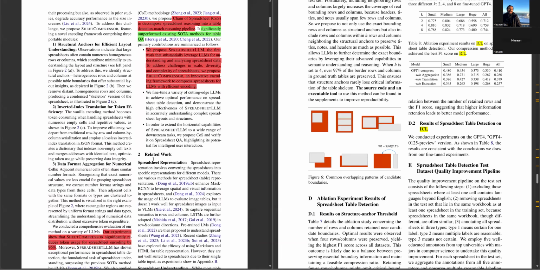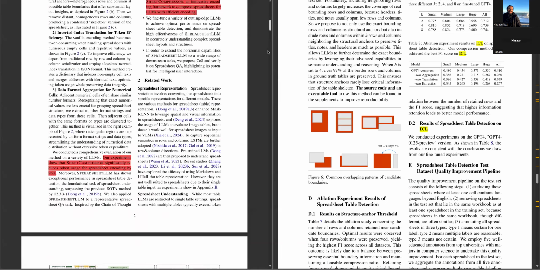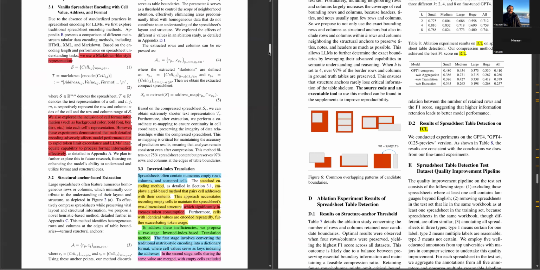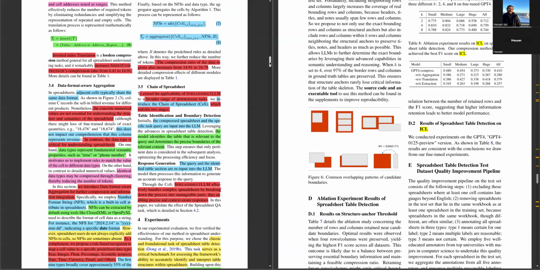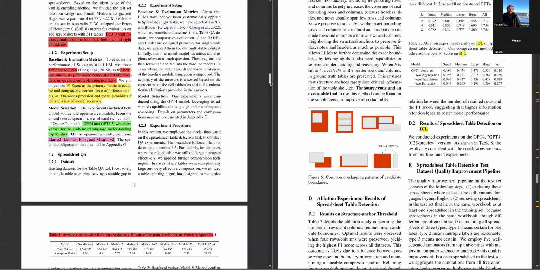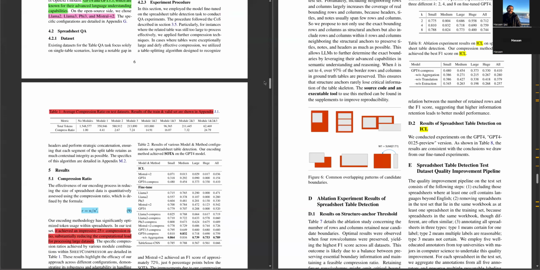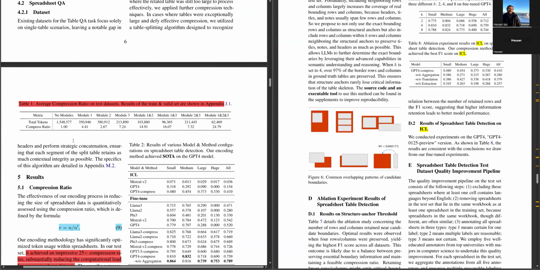I can also show you some tables that give actual quantitative results. Over here, this is the mathematical representation of the steps I have just shared. You can go over them in your free time. Actually, if time permits, maybe I can go over some of them with you as well. But right now, let's quickly jump into the results, or why you should be caring about this research effort. So in table 1, we can see that